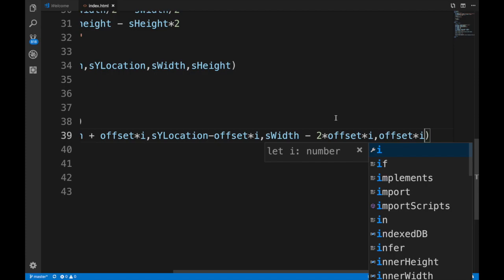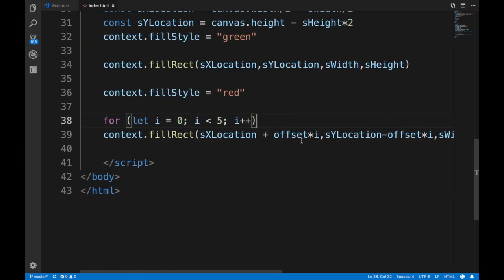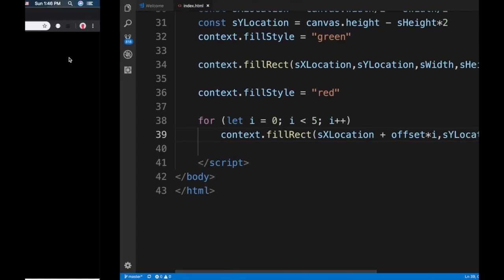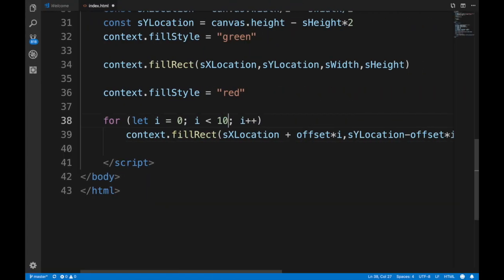What will happen here is essentially we'll start with offset, and then we'll start with offset times 1, offset times 2, and we'll end up with offset times 5, okay. Look at that. So you notice what's going on, right? So we're just decreasing and start building up. So if I go up to, I don't know, 10,